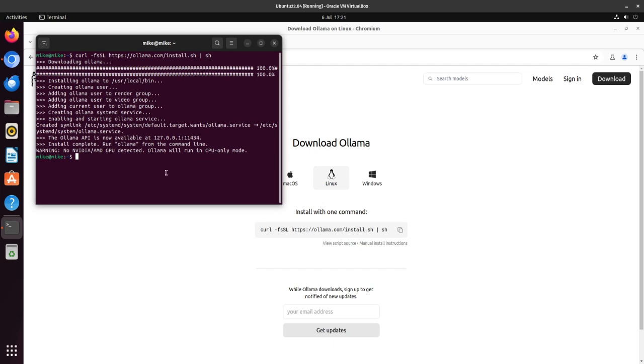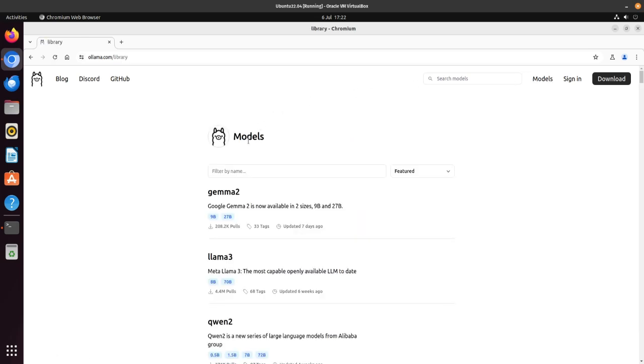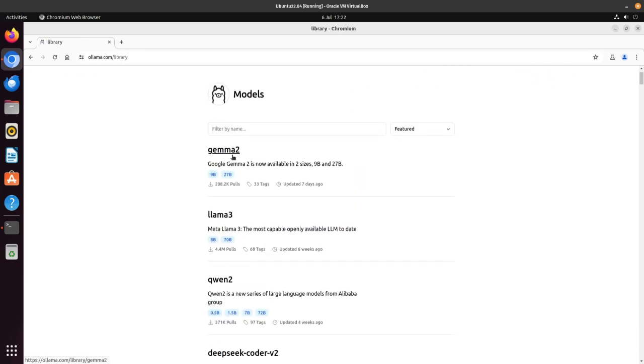Now, at this point in time, Ollama's installed, but we do not have a large language model which we can talk to. So in this case, you see models on top. Here on the website, let's go back here to Ollama's website. We see models over here. Click on models, and you'll have a whole list of different models that you can download. In this case, I'm just going to download something like Llama 3. Llama 3, if you click on this,